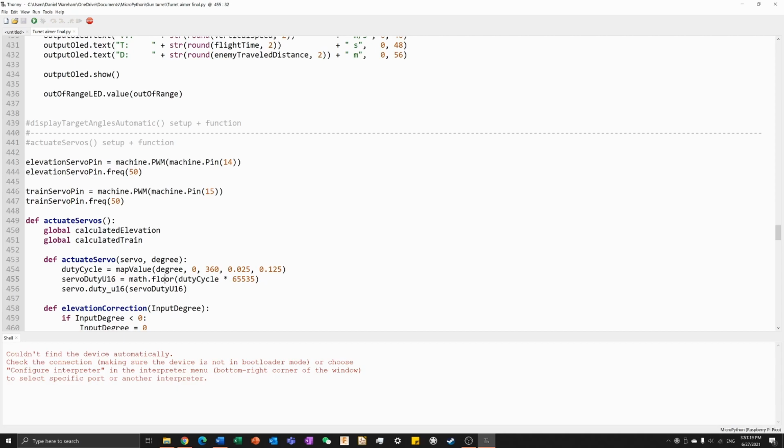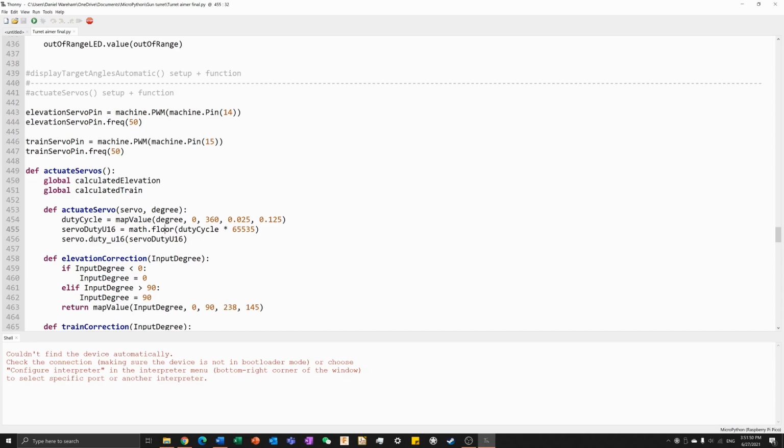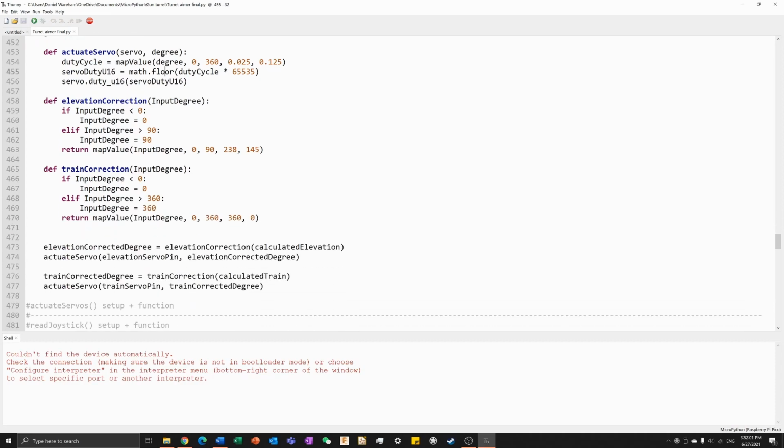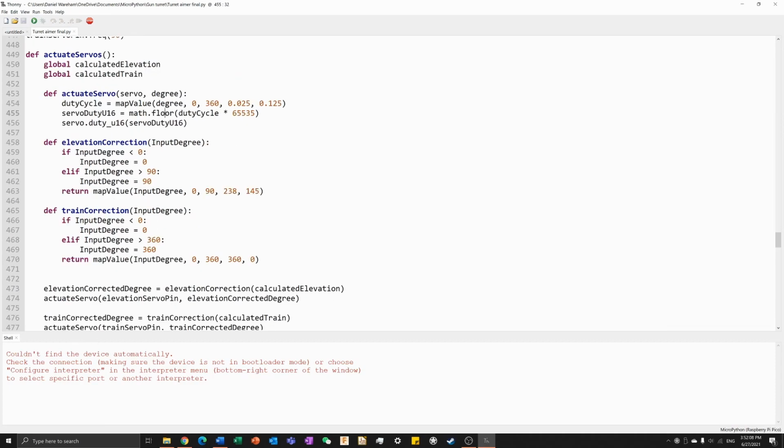which is 12.5%. I set this appropriate PWM signal, as I said, using a PWM pin on the Raspberry Pi Pico. I initialize the pin and set its frequency to 50, which I don't have to change anywhere else. I then take the 2 calculated values as inputs. I perform various corrections to them, and then I finally use this actuateServo function to actually set the value of